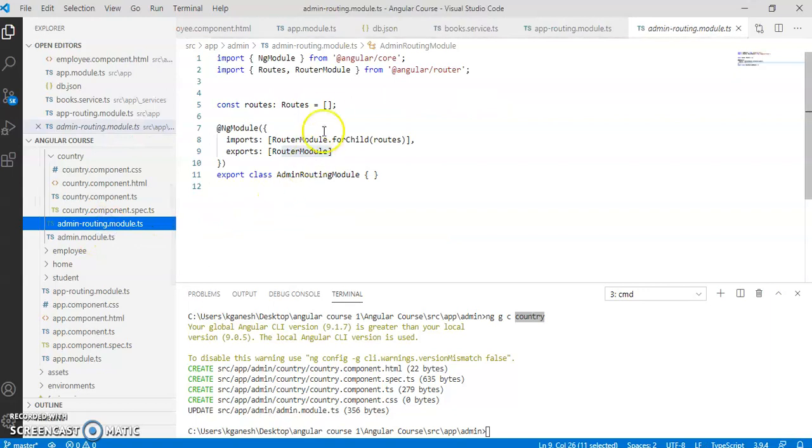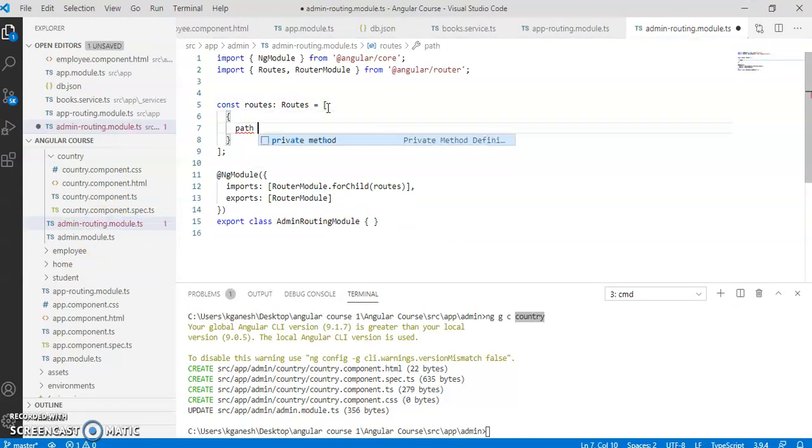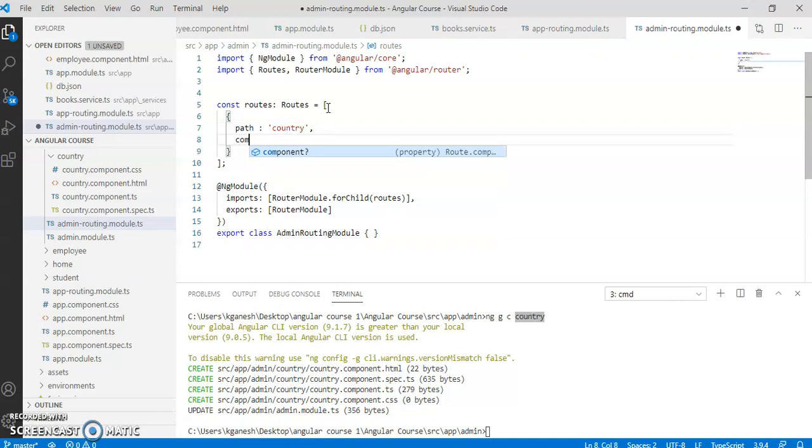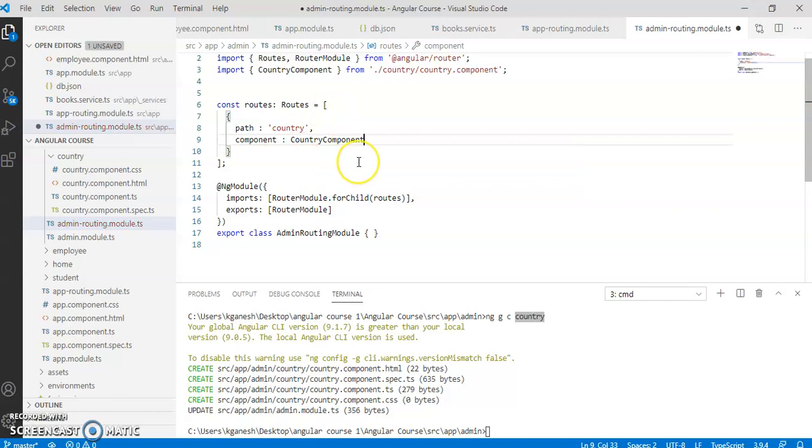Now in the admin routing dot module, give it a path slash country. Click on component, country component.